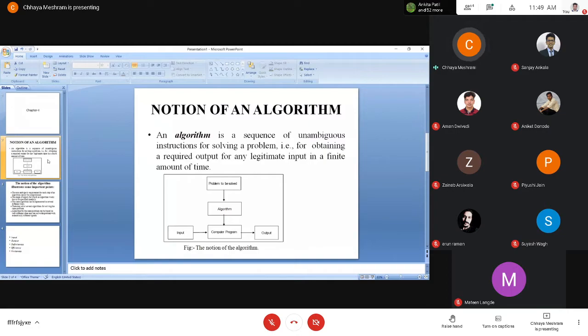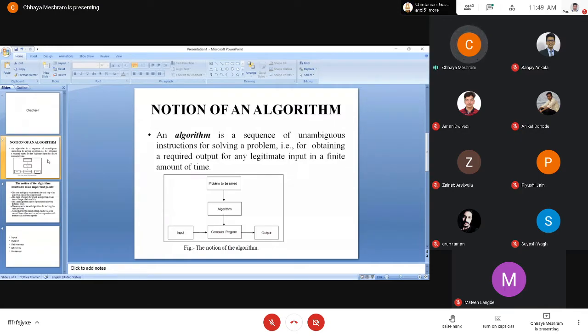Now we have an algorithm and a flowchart, so we can implement them in any programming language. We have a sequence of instructions, what we have to do, written in terms of an algorithm. The syntax will be different, but the logic will be the same, the logic written inside your algorithm.